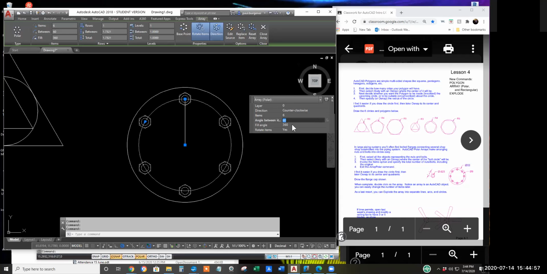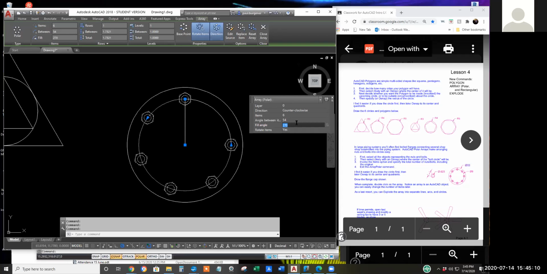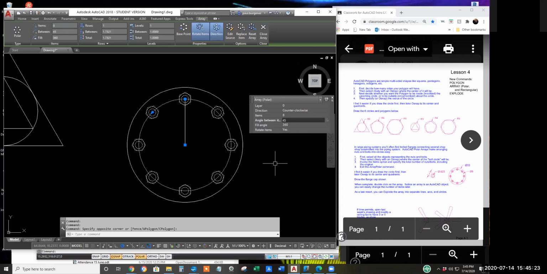Oh, cool. Like that, huh? Instead of going around a 360, you can say I want them all to go around 270 degrees. Once you explode the array, you can no longer modify it so easily. I'll set it back to 8 around the full circle and hit escape or enter.